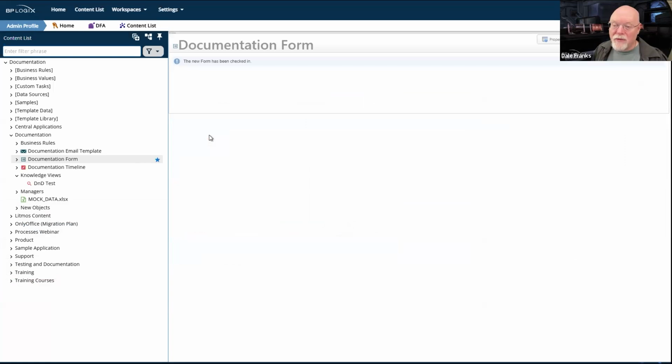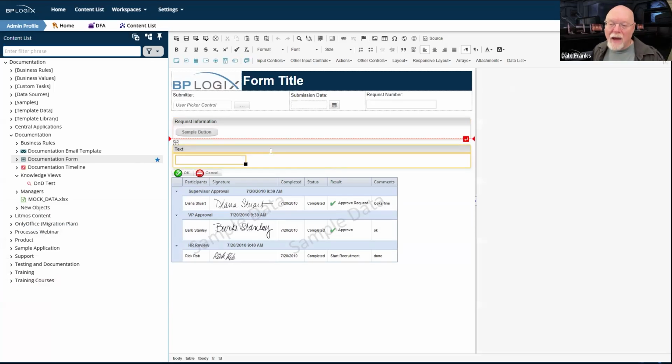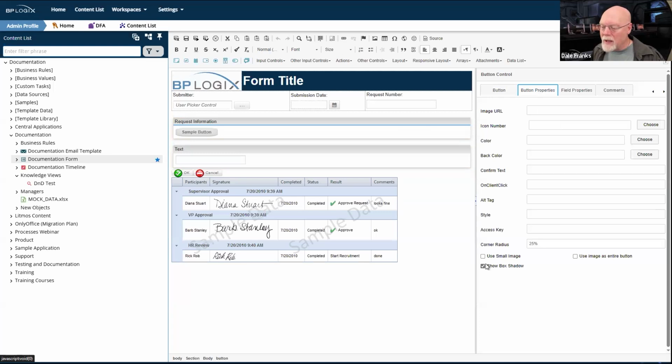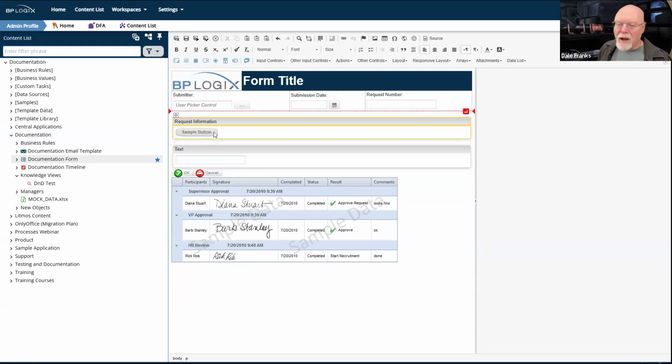But if you don't like the flat UI, you don't have to have it. You can check that 3D thing, and you can actually see on the button now, it's sort of got this 3D look to it, which is more like the traditional old style button, simply by clicking show box shadow. So the button control is going to be a lot more customizable for you, other than just being able to see different colors.